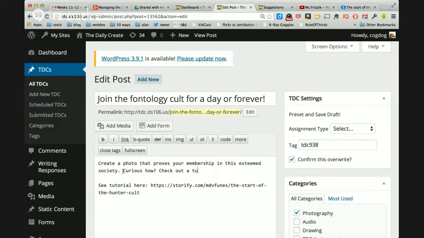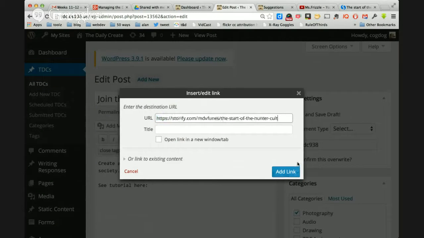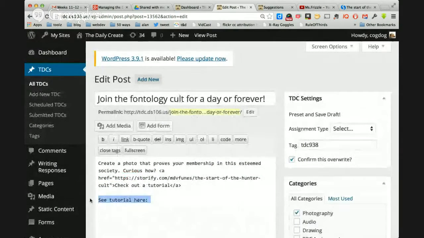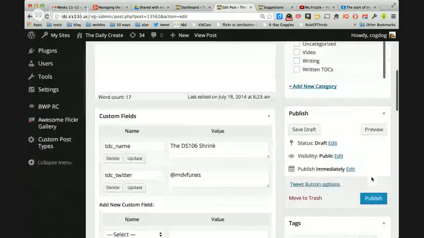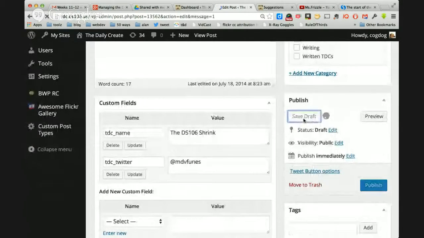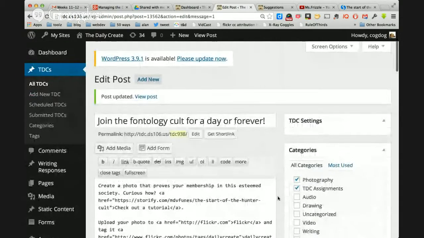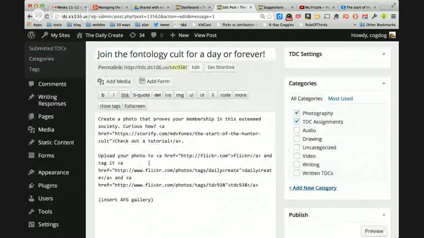Check out a tutorial. Generally, raw URLs aren't very good in here, and of course you can't edit that on the form. So that's why I come in and modify all this bit here. I've got the prompt formulated, but it won't turn into a daily create till I decide that I want to make this a photography one. So I'm going to go in photography, I'm going to save it, and then it's going to do all the other things. It's added to the whole prompt here, the whole prompt to upload to Flickr.